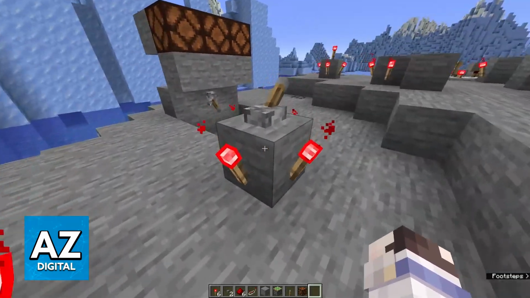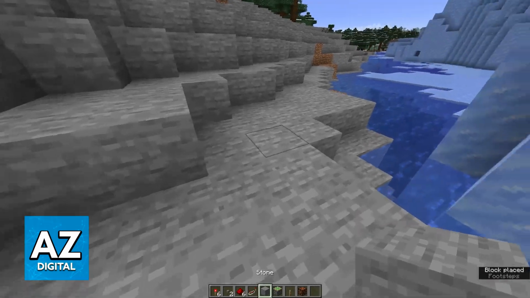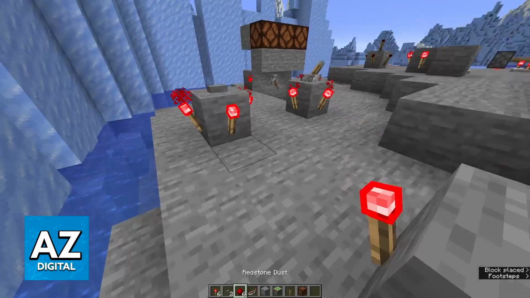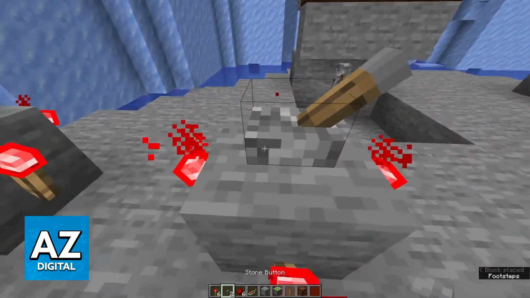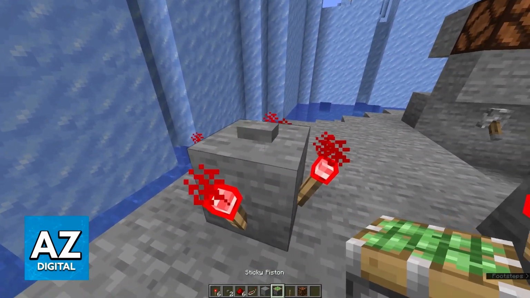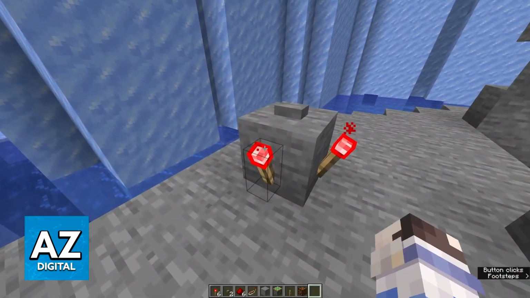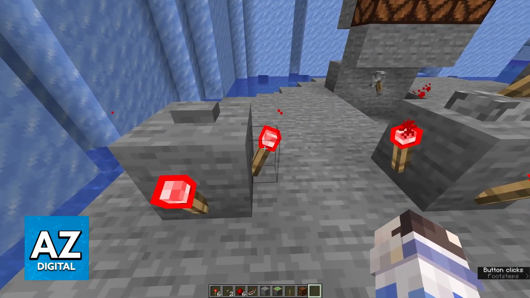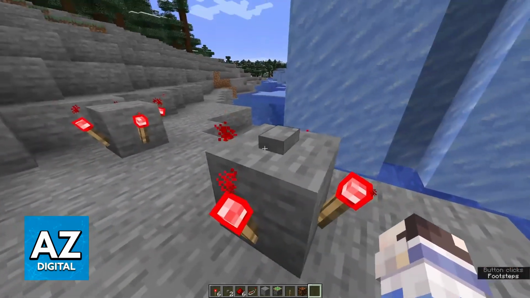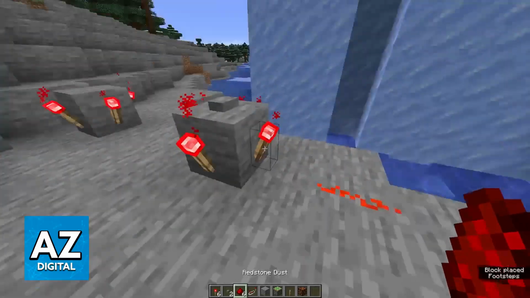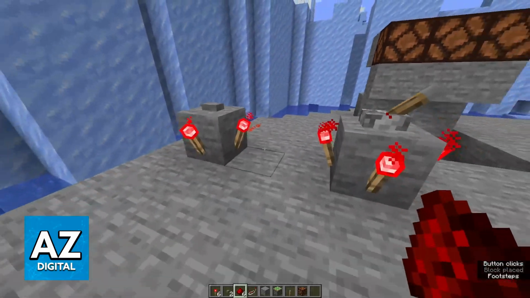So the most convenient way is by placing a block down and then placing redstone torches around this block. Then you place either a button or a lever on that same block. Essentially, the button is going to be powering up the block that is going to change the redstone torches. So with a button, whenever you press it, it is going to swap states. So if it is on, it will be off briefly and then turn back on again. This can be useful for sending a delayed signal or whatever it is that you wish to do.